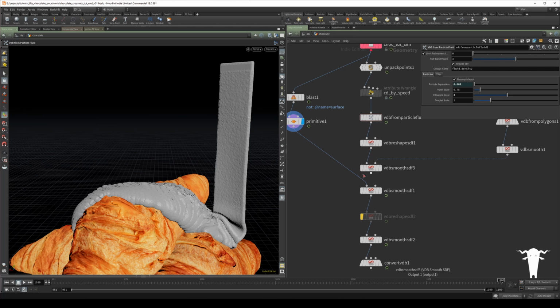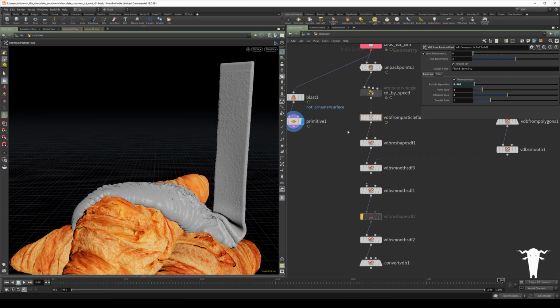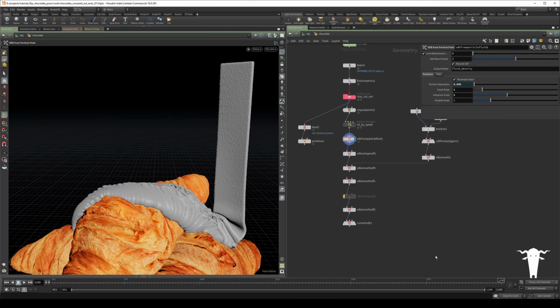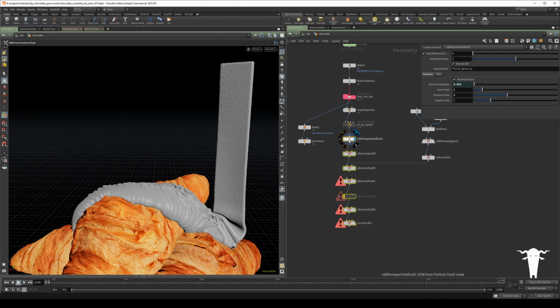So let's try that now. These are all different options which are worth running through. Just to see the difference, 0.075. Set the voxel scale to 1. You can see it became a little bit softer because there are fewer voxels, meaning all the smooths and everything else is going to affect it a bit more, but it does mean your mesh is a little bit more low